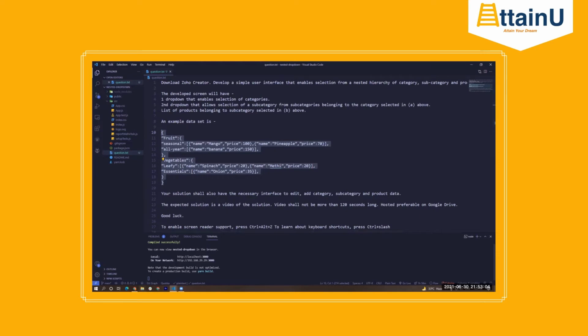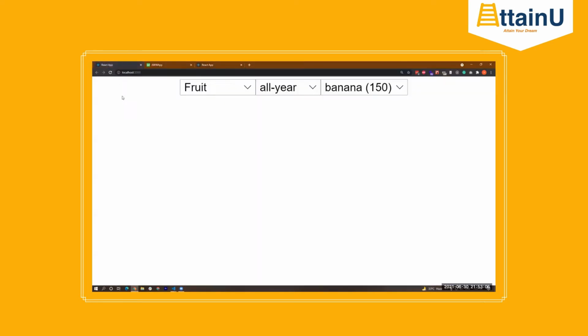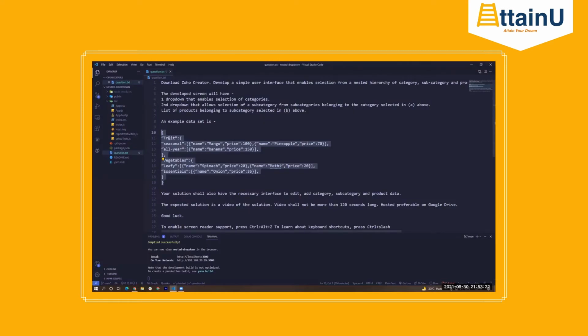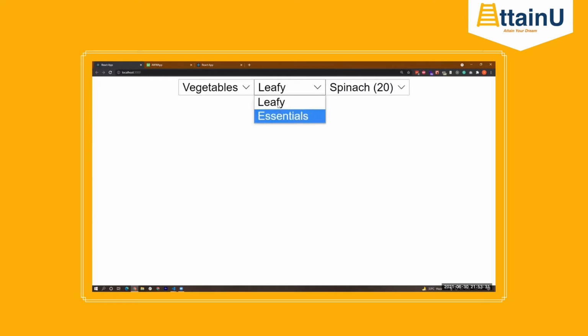Just to give you the demonstration, we have something like this. So we have fruit and vegetables. If I click on vegetables, all the options change according to the main one. If we look back here, we have fruit and we have vegetables. Vegetables has second options, leafy or essentials, and that is what we have here.